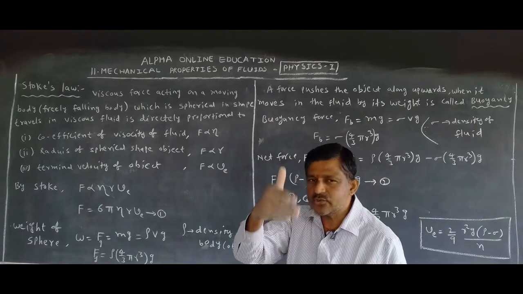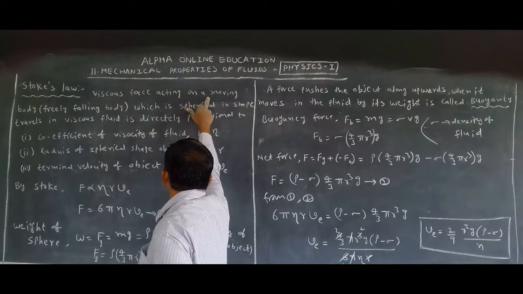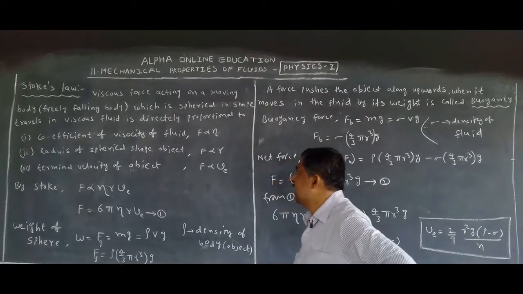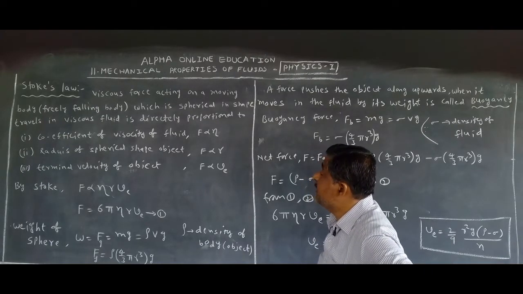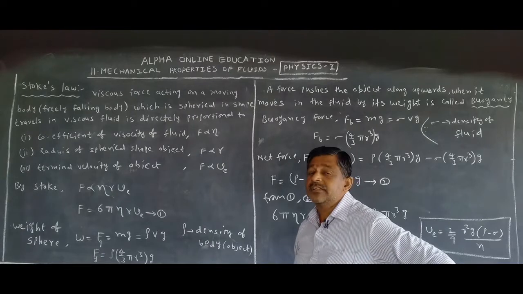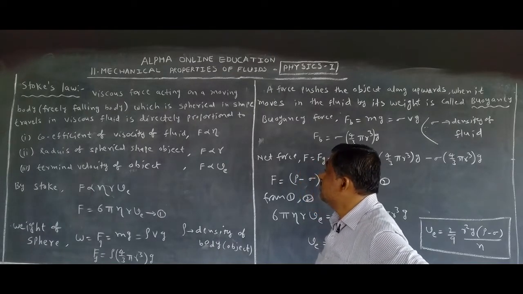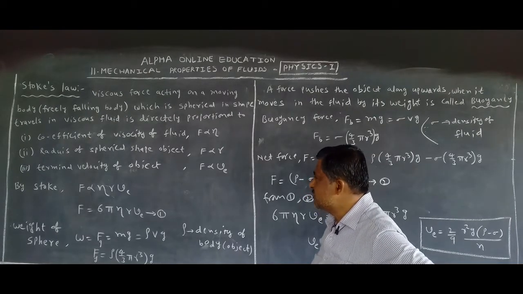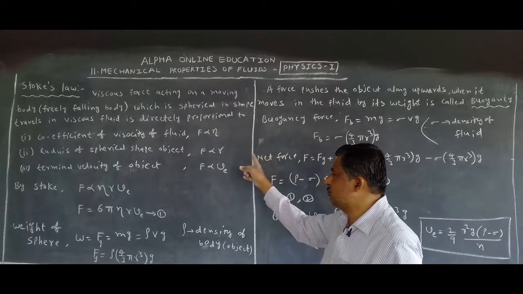Now, how can we find the terminal velocity? For that, Stokes derived one formula. The viscous force acting on a moving or freely falling body which is spherical in shape, moving in a viscous fluid, is directly proportional to